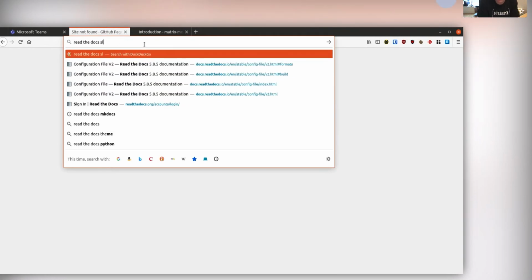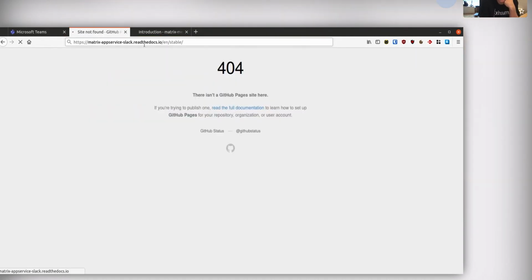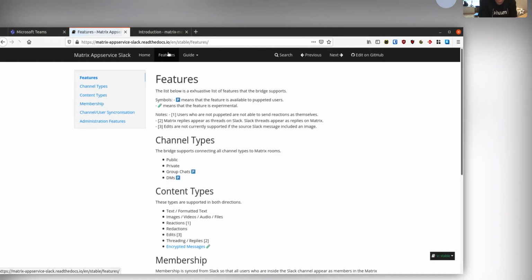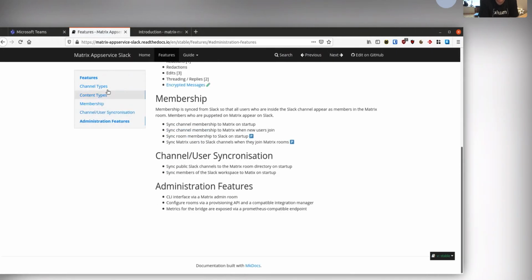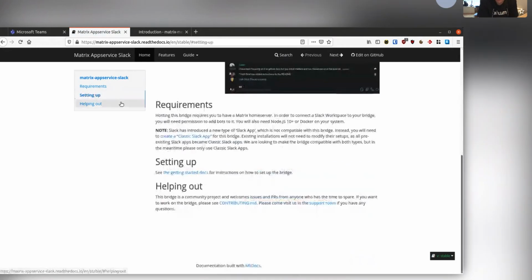Is Read the Docs also effectively an mdBook host? It's a special one. Read the Docs is its own documentation format. I believe it uses Markdown on the back end, but it's a different system. All right. So this is with the help of Keda, who spent a lot of time helping us get set up here. I guess it's designed differently because it's for a different class of audience. It's usually not so much the technical IRC side, but more of a friendly setting up your bridge side. Okay, well, fair enough. So it's been set up a bit early. It was set up before the IRC documentation as well. So yeah, it's a bit of a different format, but we're hopefully going to unify the formatting at some point,